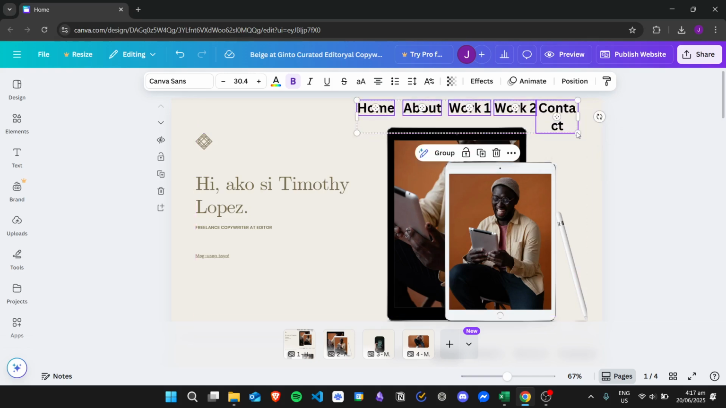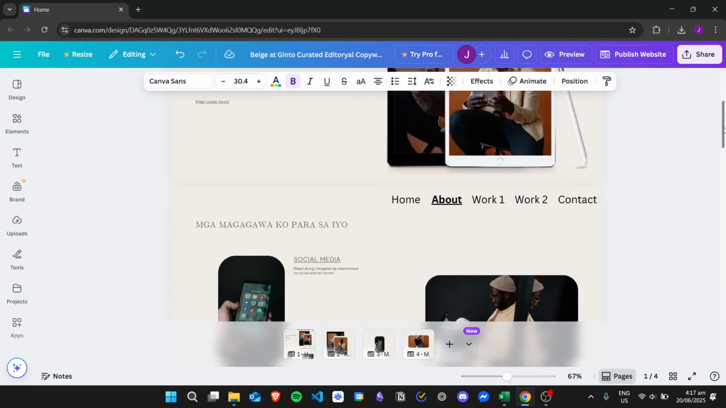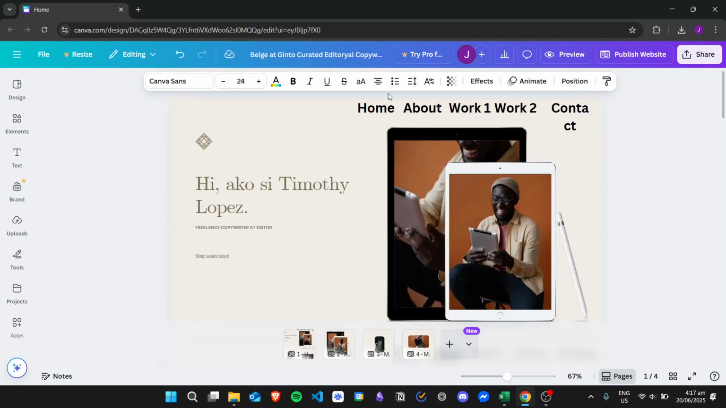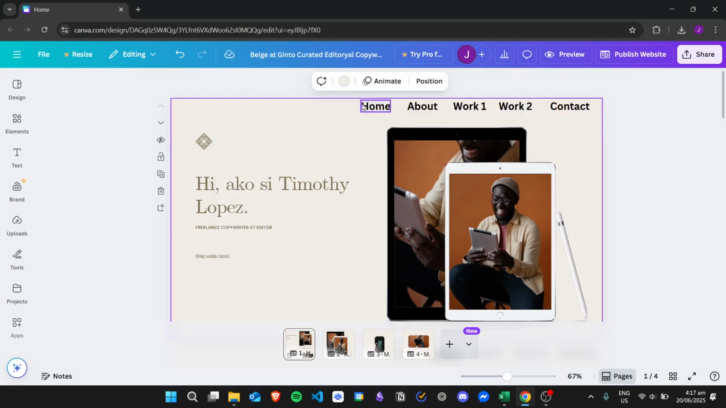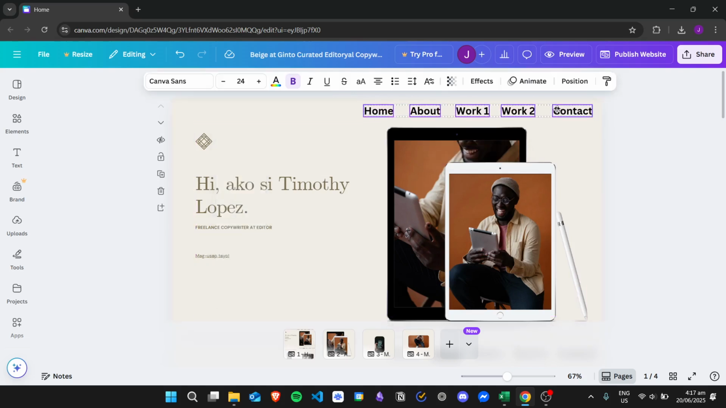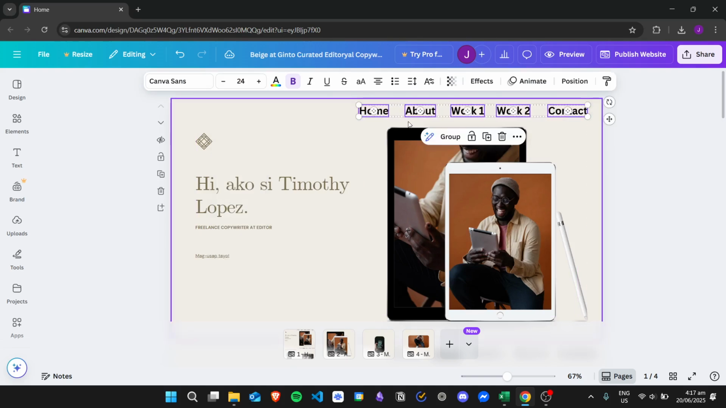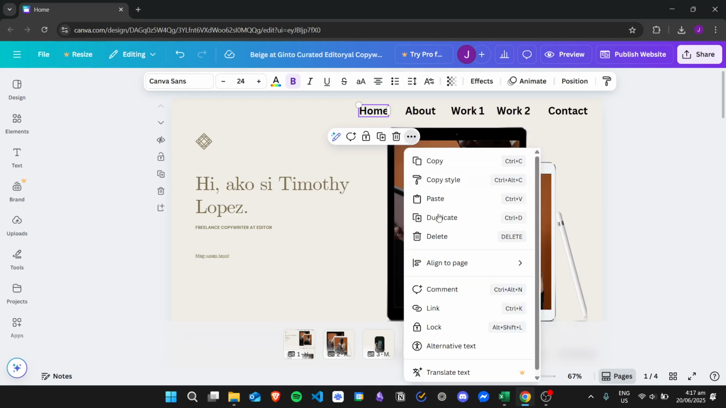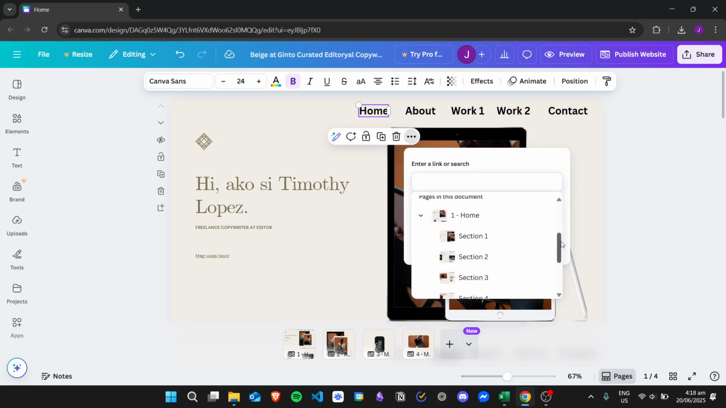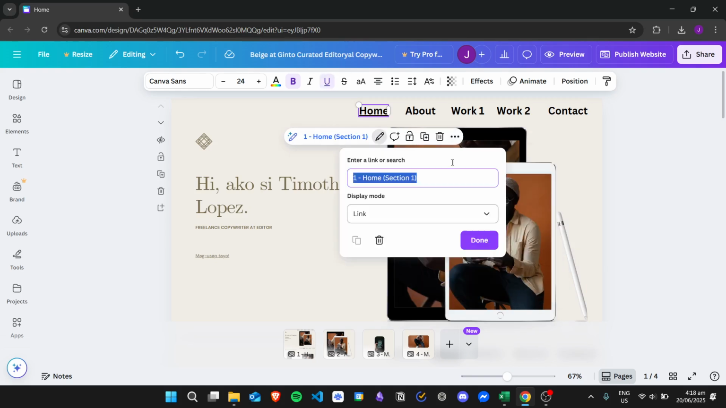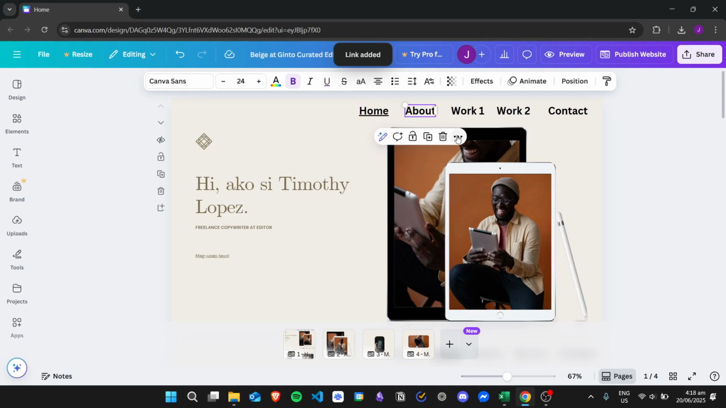And then we can maybe move this a bit and then change it to 24. And then you can just click on the three dots, and then from the link option, you can link the different pages right here. You can choose if you want to link the other pages, but for now, I will link to the other sections right here. So for example, section 1,